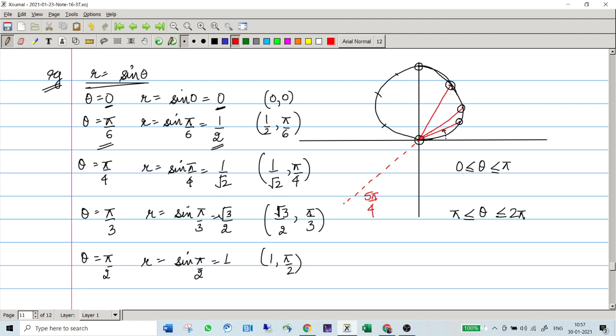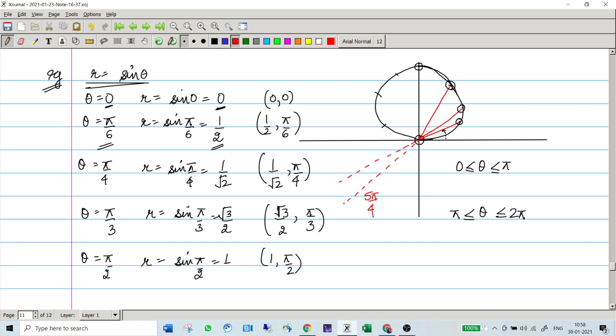Similarly, for every single part, when you have your theta somewhere here, the value for r would be negative, meaning you'll be traveling not in this direction, but along this line, away from the origin. So you'll have this particular point, right? For theta between 0 and pi, you complete this circle once. And for theta from pi to 2 pi, you complete this circle again. Right? You got this?